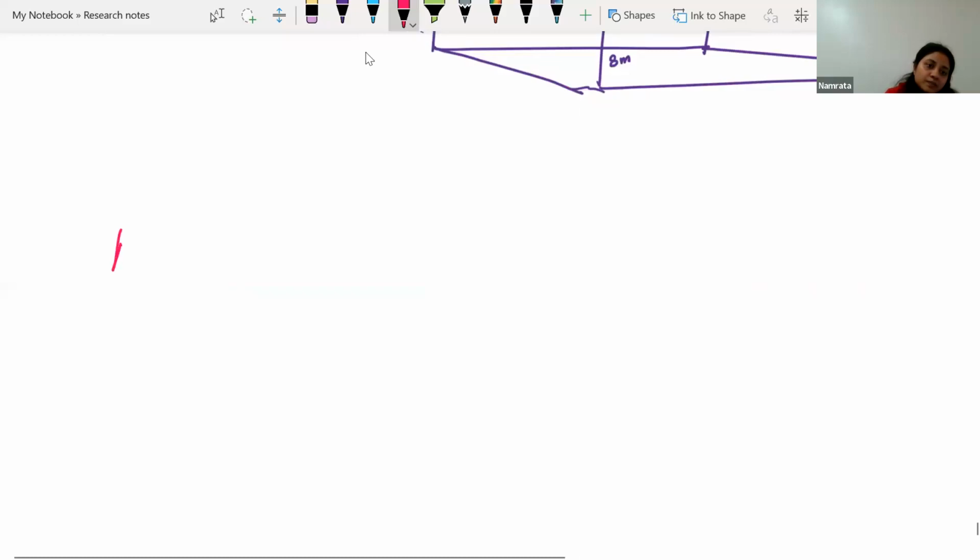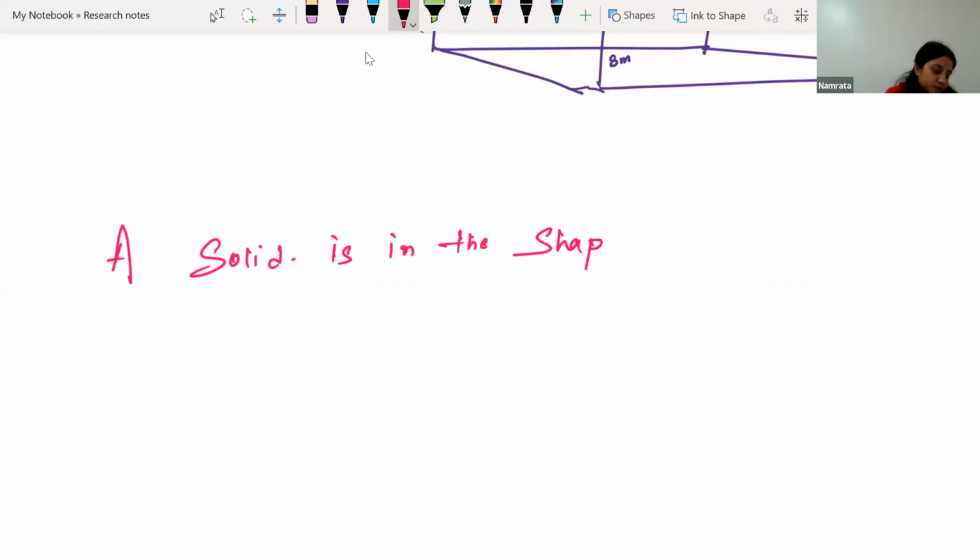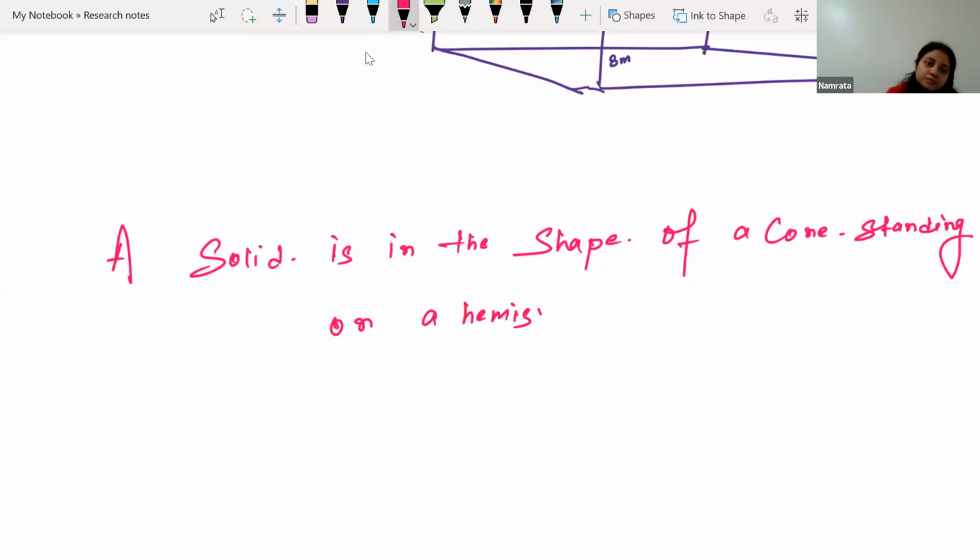A solid is in the shape of a cone standing on a hemisphere with both their